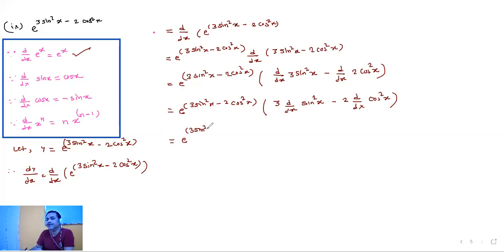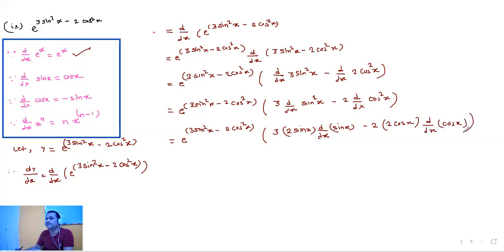So first, this derivative which we have already found out, note it rightly. And 3 into d by dx of sine square x is basically 2 times sine of x, and further we need to take the derivative of sine of x. Then we'll again say 2 into d by dx of cos square x is basically 2 times cos of x raised to 1, but we need to take the derivative of